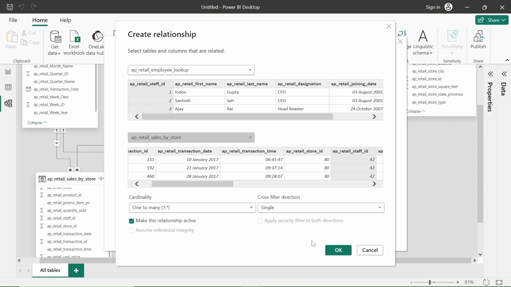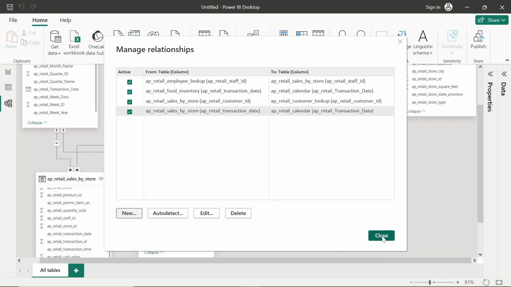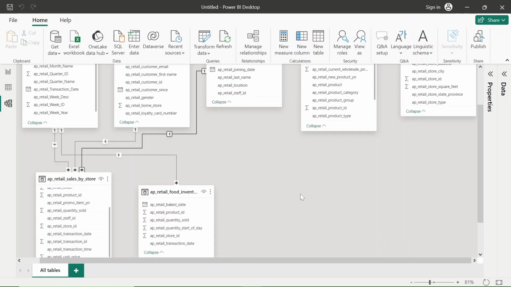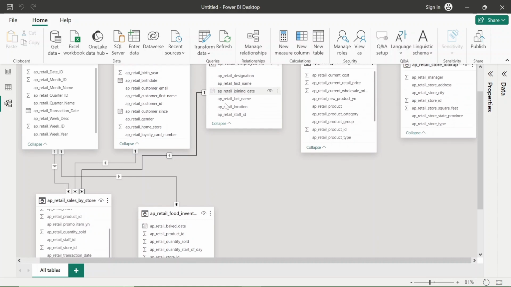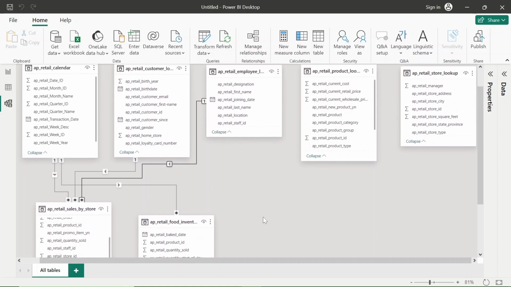One to many means one record is present in the AP employee lookup table, but multiple records could be present in the AP retail sales by store table. Let me create it. Okay, so this relationship has already been created.